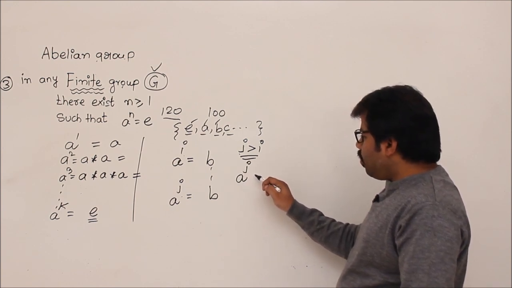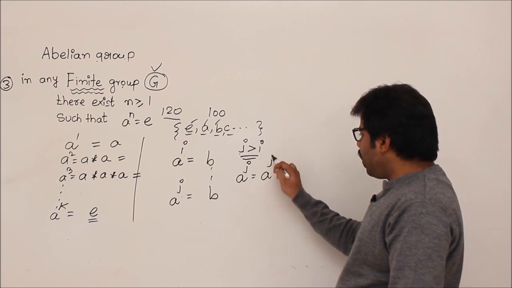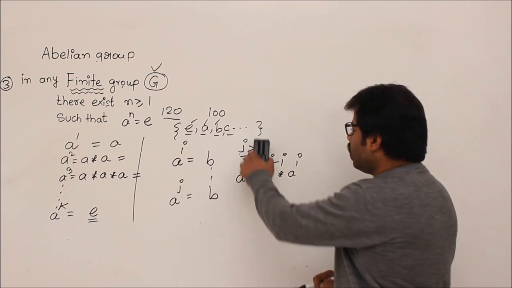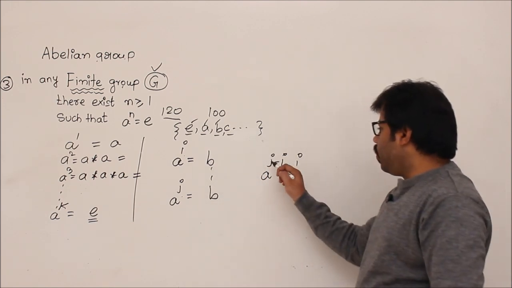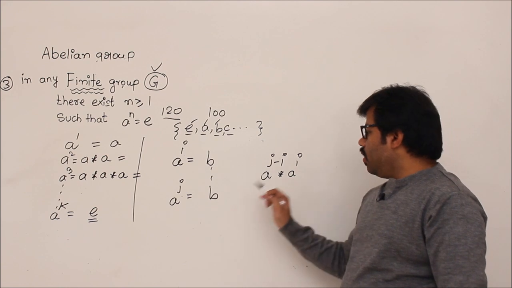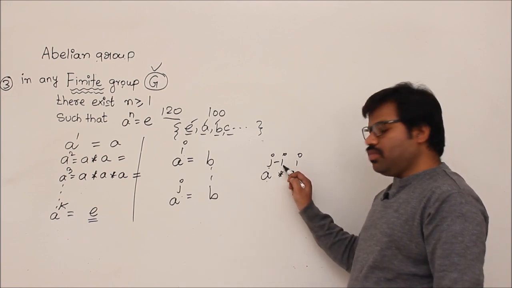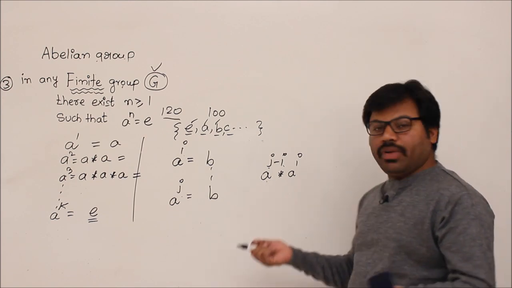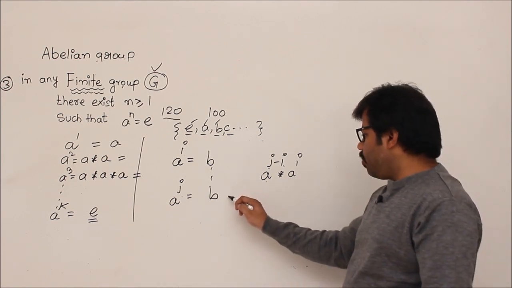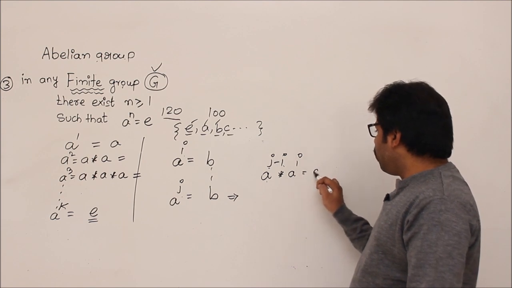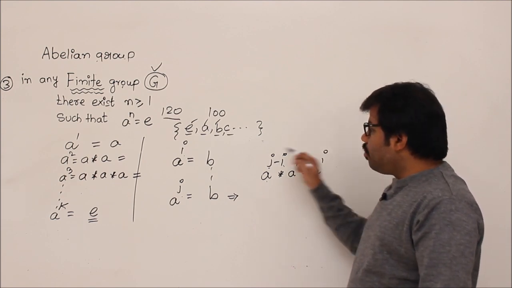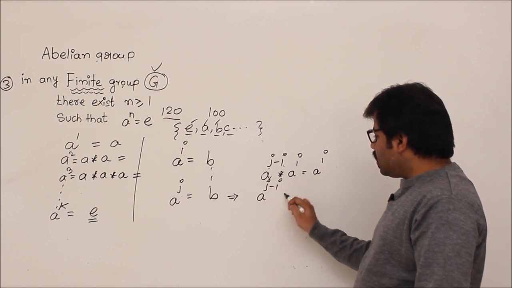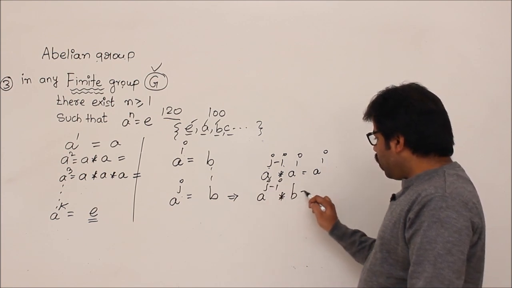Now can I write A power j as A power j minus i into A power i? Yes, we can write like this, correct? So try to understand this point. A power j minus i into A power i is simple. We are writing A j minus i times, followed by i times. Overall j minus i plus i times, so that would become A power j. We know the story of A power j, is it not equal to A power j? Yes. But what is A power i already? B, correct? So A power j minus i star A power i is B, equal to A power j.